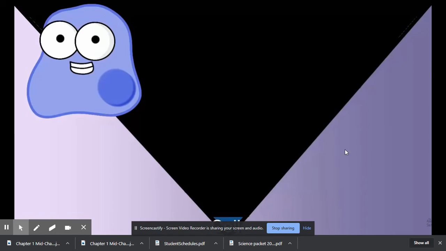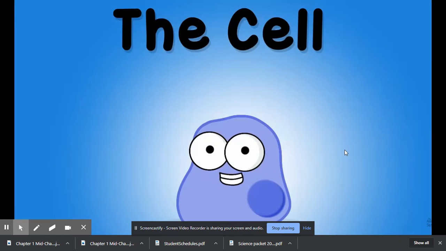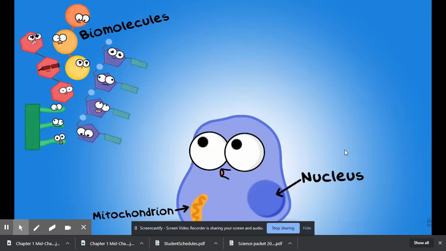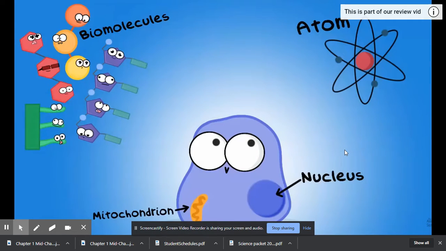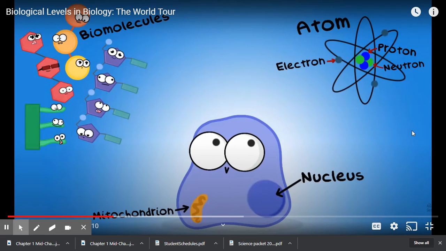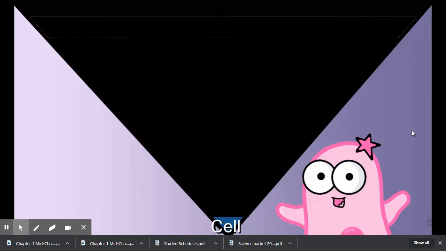The first level that we are going to start with is the most basic living level that makes up all of life. It is the cell. Now, can something be smaller than a cell? Sure. For the cells that contain organelles, the organelles are obviously smaller than the cell they are contained in. Biomolecules are smaller than cells. We learn about biomolecules as they are major non-living components within cells. Atoms are smaller than a cell. You can even get smaller than atoms when considering subatomic particles. But for this video, we are going to start at the cellular level, a basic living unit.